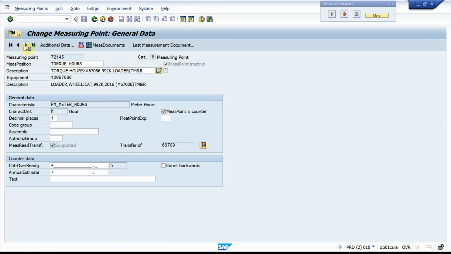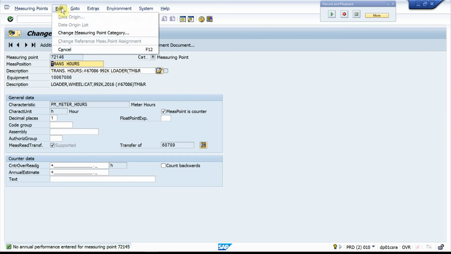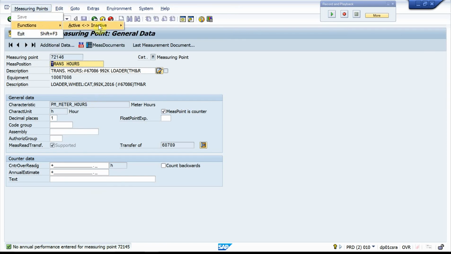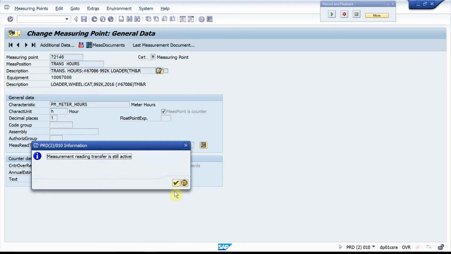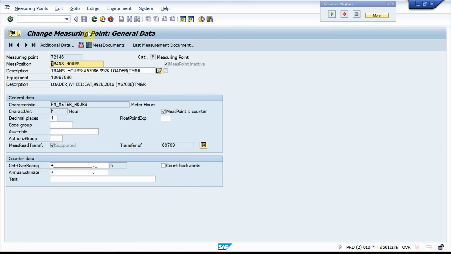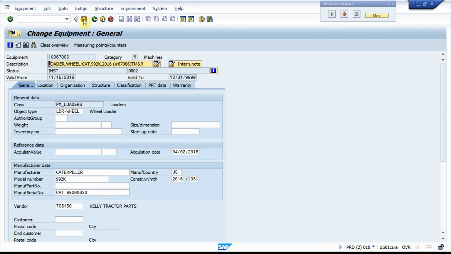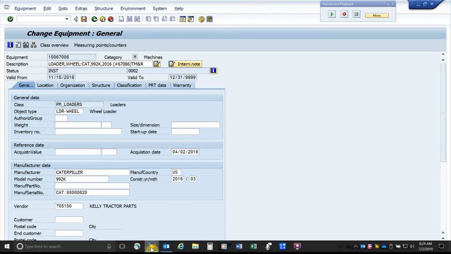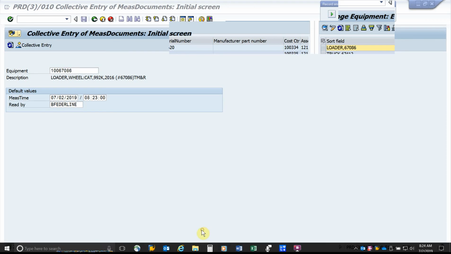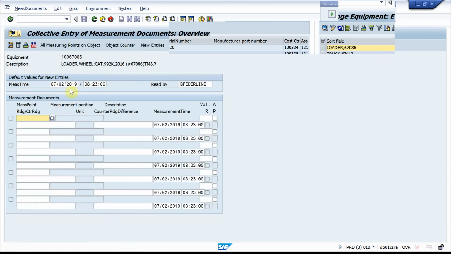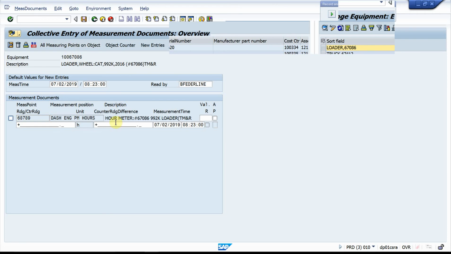So we're going to go to the next one and do the same thing. We're going to go edit, function, and deactivate. Then you say OK, deactivate, and now we're going to save it. Back out completely, save. So now the next time anybody puts a counter reading in here, it's only going to show up the one, the engine hours. That way nobody makes a mistake and accidentally puts frame hours in and engine. You don't want anybody messing with those, because that's going to be done automatically through the engine hours. So that's how we're